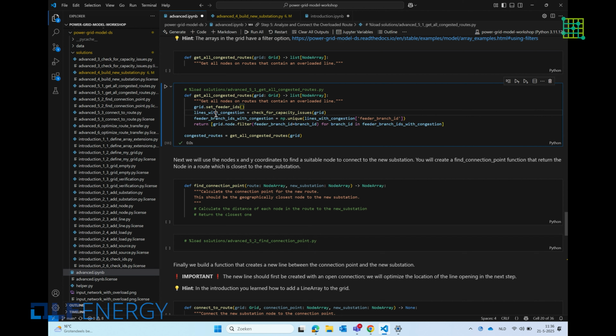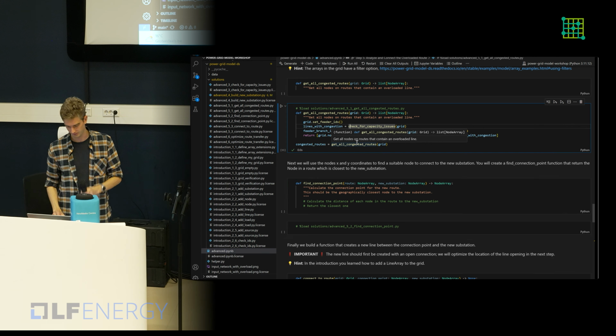Then we want to filter, or we ask our previous method which lines are congested, so which lines are red. And then of those lines, we check what are their feeder branch IDs. So basically, on what route are they? And then we end up with all the routes that have one or more congestions in them.